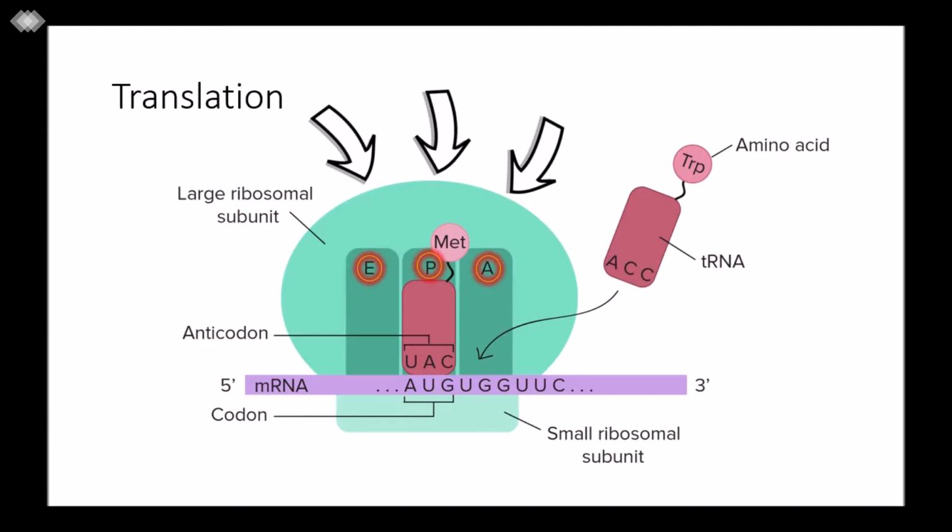So, all in all, the small ribosomal subunit with the initiator tRNA will sit on the 5' end of the messenger RNA and begin searching for the AUG start codon. Once this happens, the large ribosomal subunit will sit on top of the small ribosomal subunit and create the E, P, and A sites. A new tRNA with a different amino acid that has an anticodon complementary to the second mRNA codon will bind to the A site,